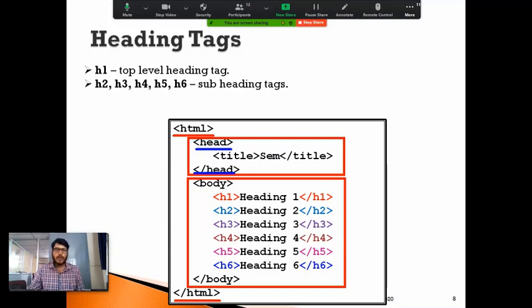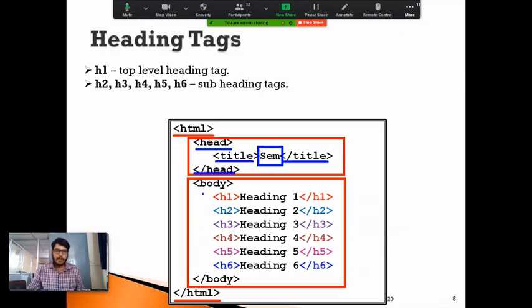Within this head tag, we write the title tag, with an opening title tag and a closing title tag. Within this, we write the title I want to display for the HTML document. In this case, I have mentioned SEM, which is the title I want to display for my HTML page.